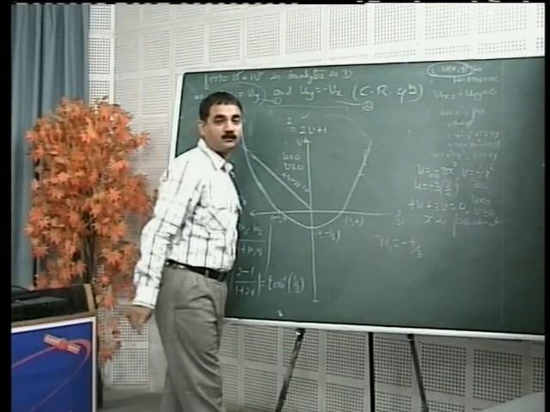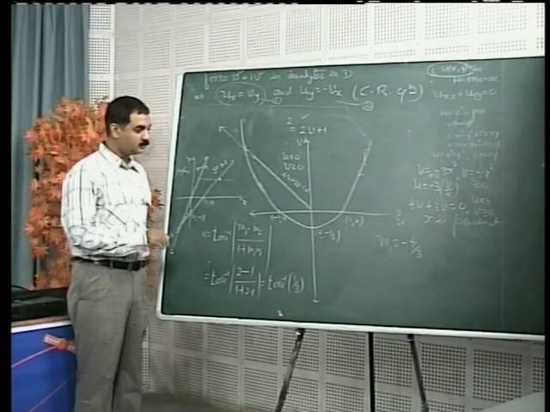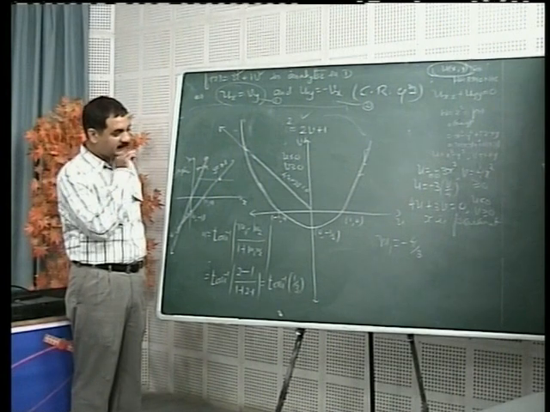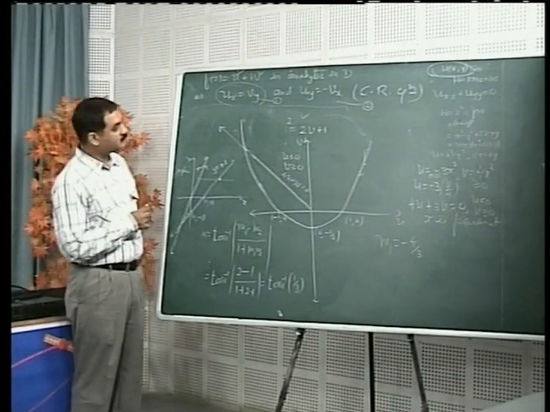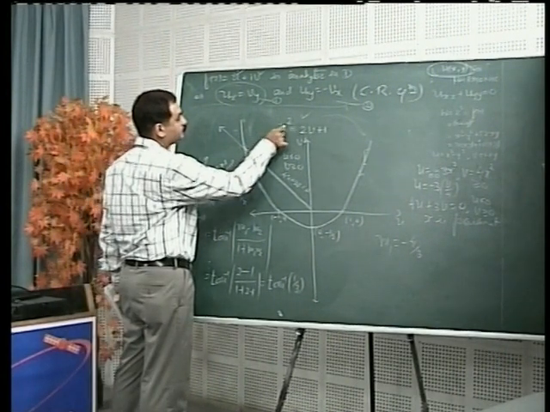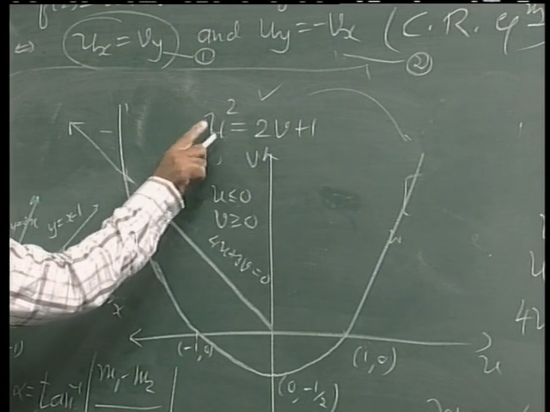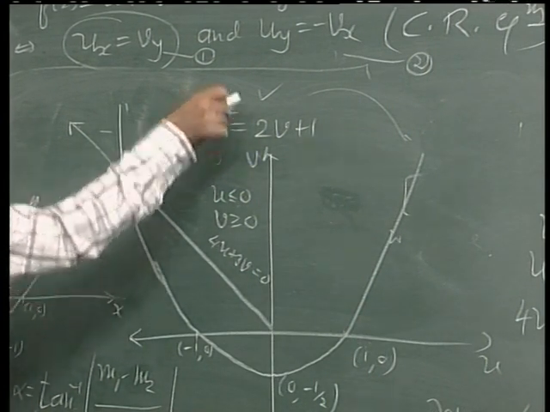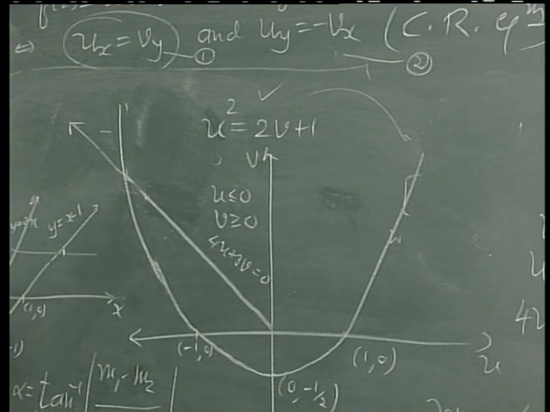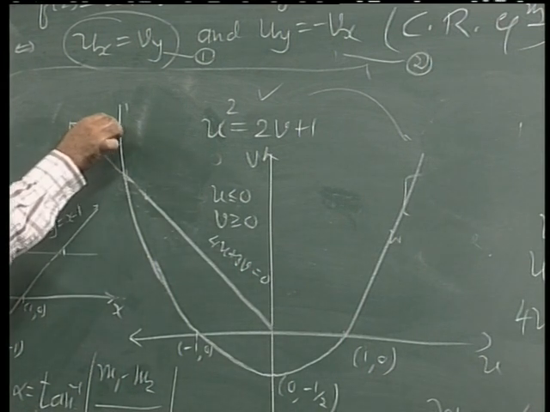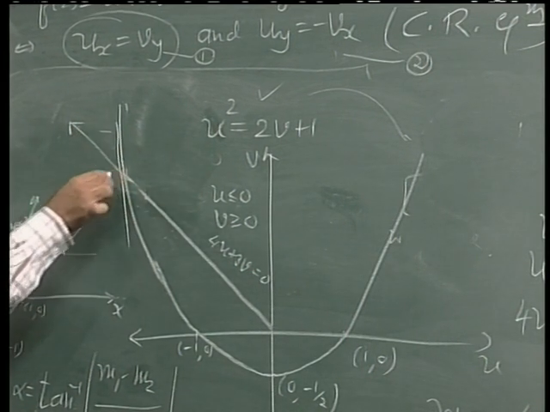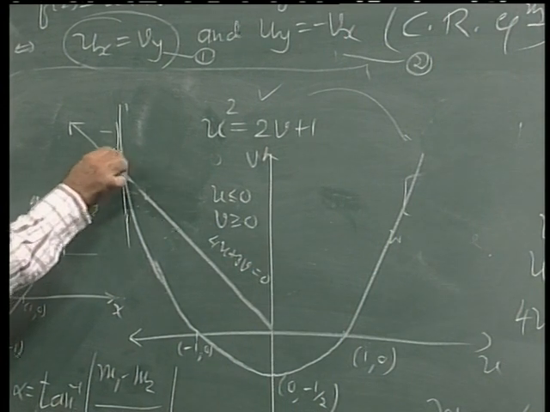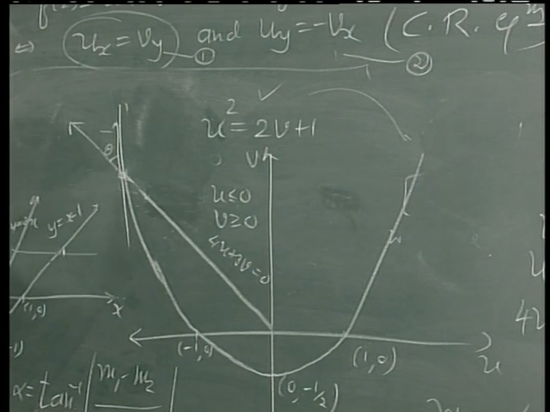Minus a by b is the formula: if ax plus by plus c equals 0 is a line, then its slope is minus a by b, so here it is minus 4 by 3. Now what is the slope of the parabola? Let's first find the slope and then talk about the common point, because this is going to give the angle between these two curves. Let us call it theta.